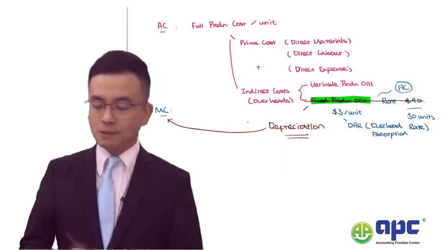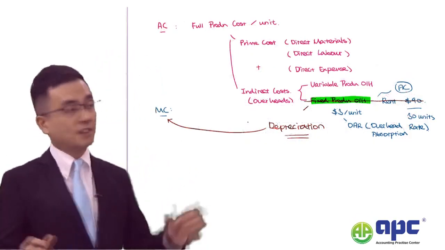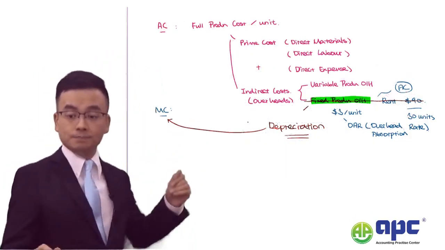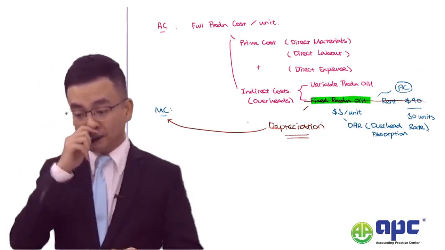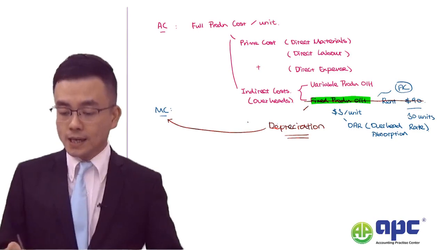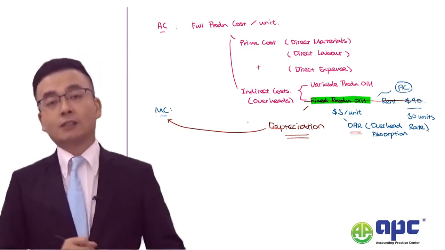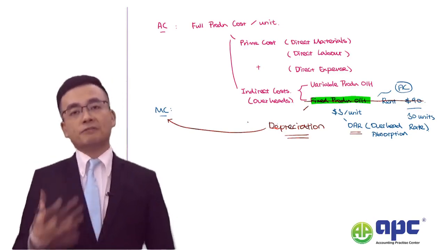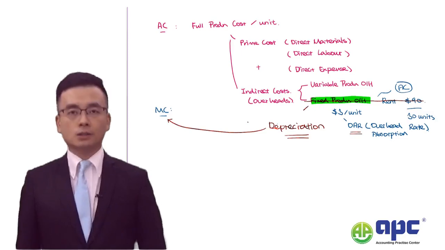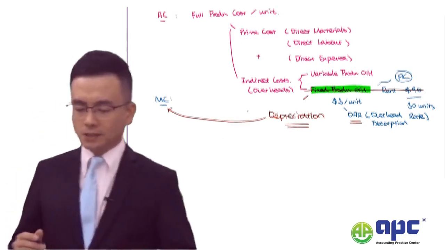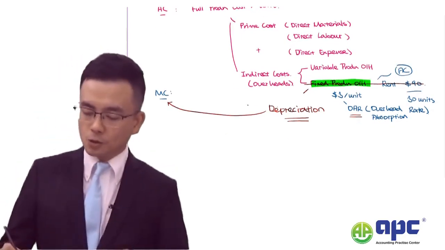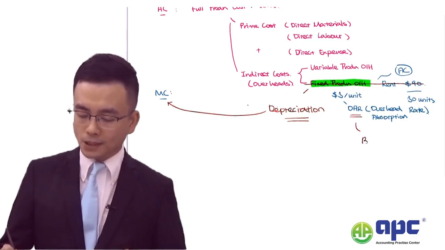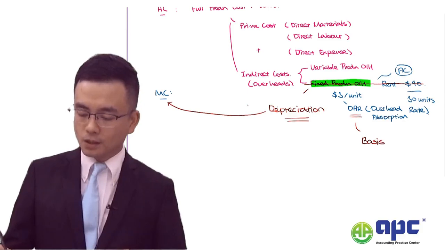Firstly, as I said before, in a previous example, the fixed production overhead related to rental expenses, I've just calculated the OAR, or the overhead absorption rate, to be $3 per unit. Well, the examining team may complicate this as, well, we have got different bases or methods to